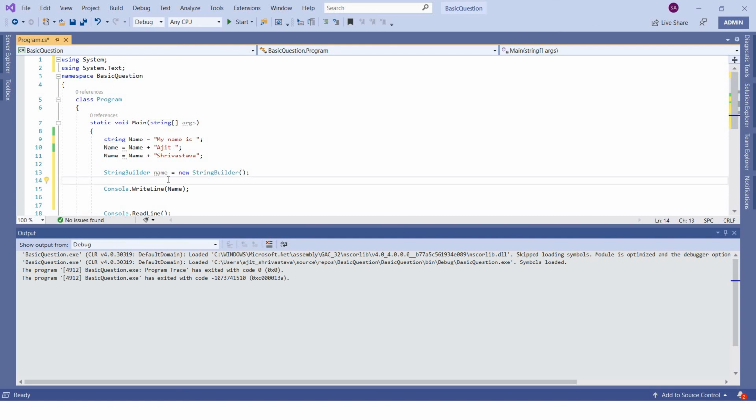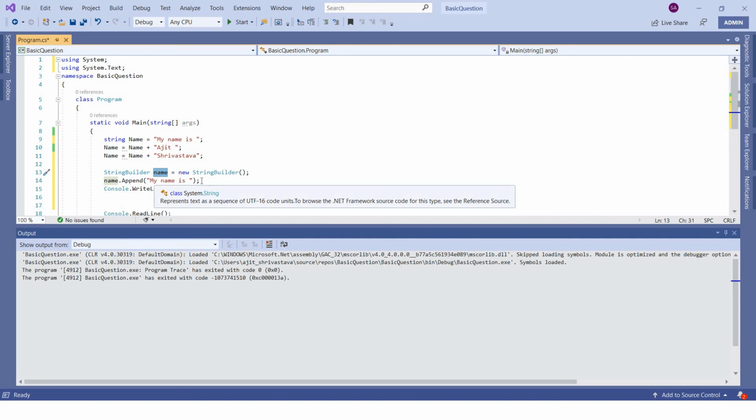So how can we assign these values the way we have assigned for a string? To do so, what you have to do is simply name.Append, and whatever the string you want to append here. So now your name will have this value, "my name is".